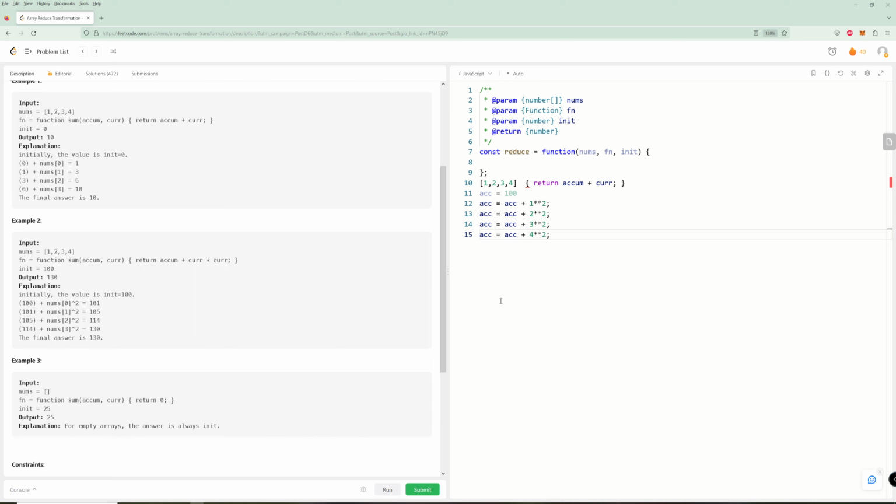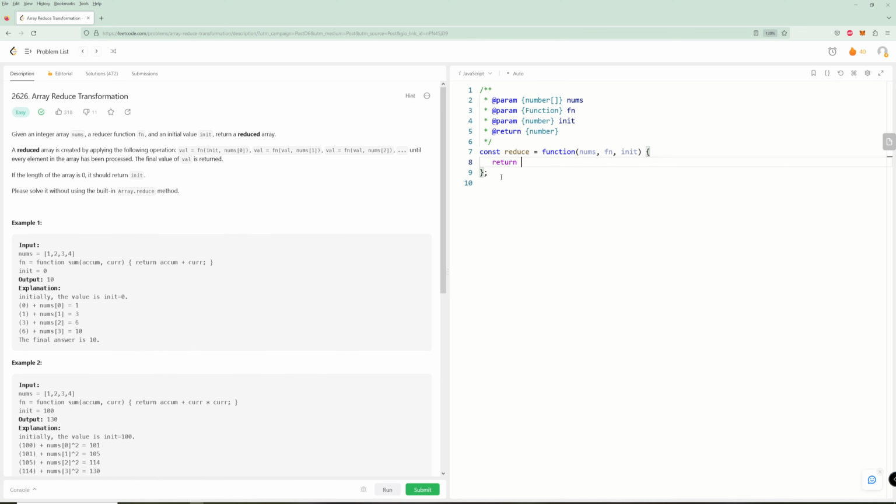Okay. And so let's actually think about how we could do this. There is a built-in array reduce, and we could use that if we wanted to. They say don't use it, but I just wanted to show it. So here, you say nums, whatever array you're using, then you say nums.reduce. Then you give it a function, and the init parameter is optional. If you don't give it an init, it'll just have a 0 as the initial value. So if we run that,